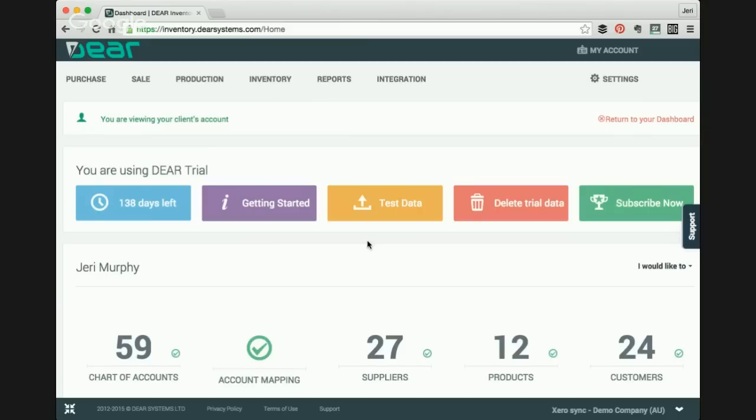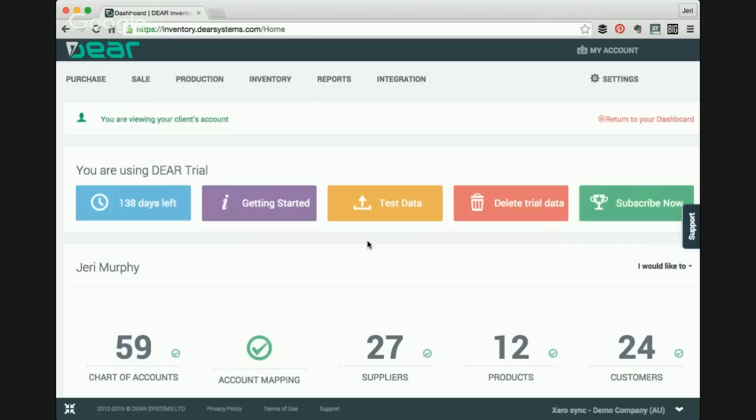Xero itself, as an accounting system, has a very basic inventory system. It has the ability to buy and sell products, but when you're buying and selling them, it doesn't have the ability to have multiple price tiers. You can't take raw materials and add them together and put them into a new product. You can't really do multiple warehouses. You can do multiple currency, but then you can't do